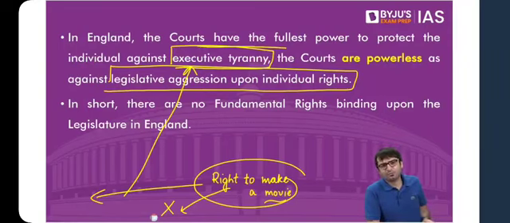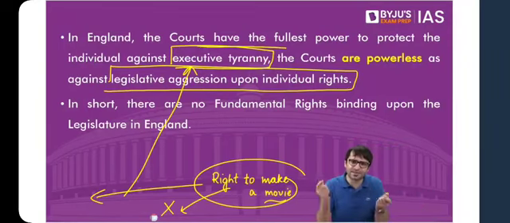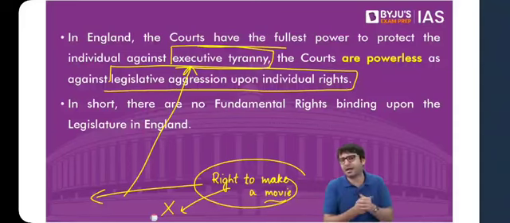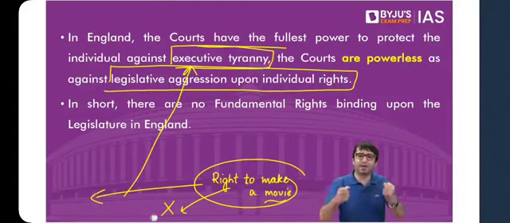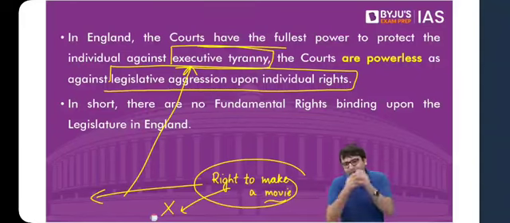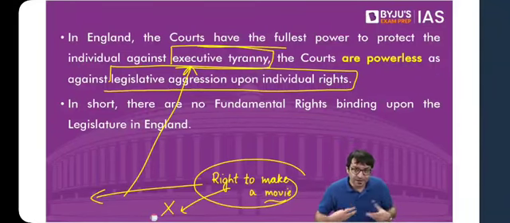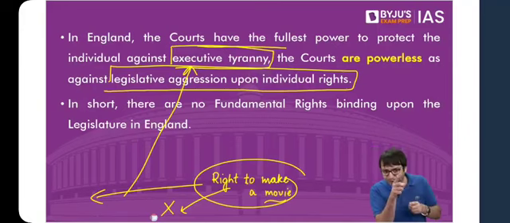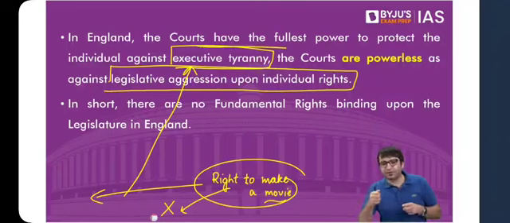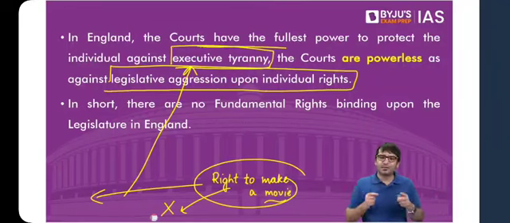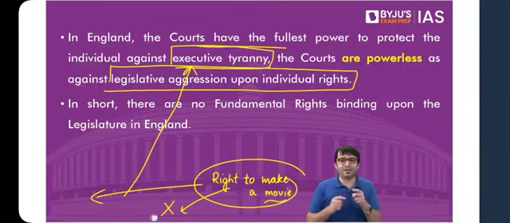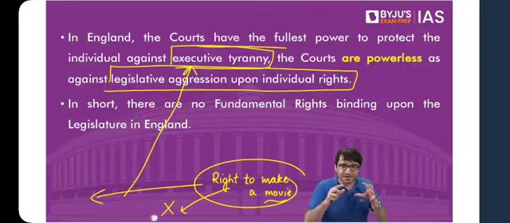What can I do? British Parliament can do anything except convert a man into a woman and a woman into a man. British Parliament is sovereign. In an unwritten constitution, it is the Parliament which is sovereign, which is supreme. If the Parliament has said you don't have the right to make a movie, we are helpless. That means the British courts will protect an individual if the executive has violated your rights, if the police has violated your rights, if the government has violated your rights. But the courts are helpless, powerless if these rights are snatched by the Parliament, if the legislature is snatching your